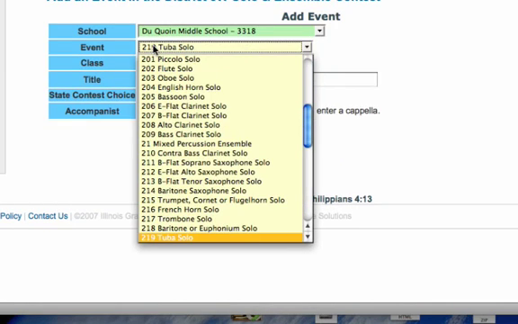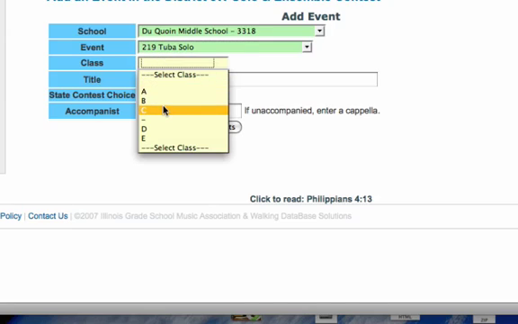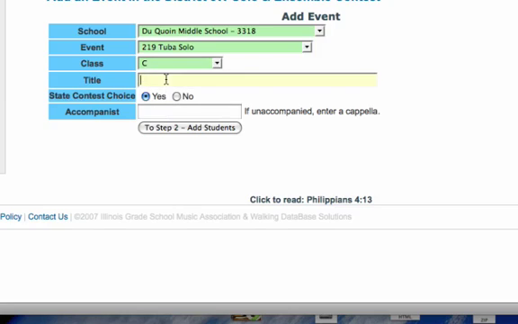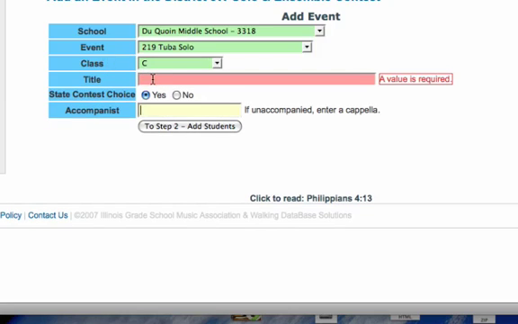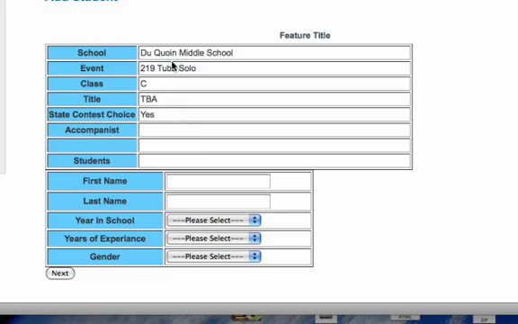So there's a tuba solo. Same thing. I use type ahead by the event number 219. I use that to find my event. If you happen to know those numbers, I happen to know them just because I've used them a lot. So select your class. Title, it's going to say that we are required a value. If they don't give you one, just type in TBA. That works. And the accompanist, I did take that feature off, so you can submit the record without having to have an accompanist in, which is unlike when they register for school. They must put one in.